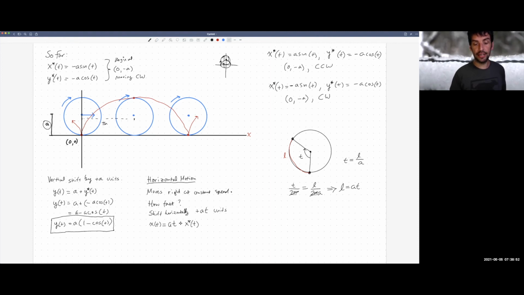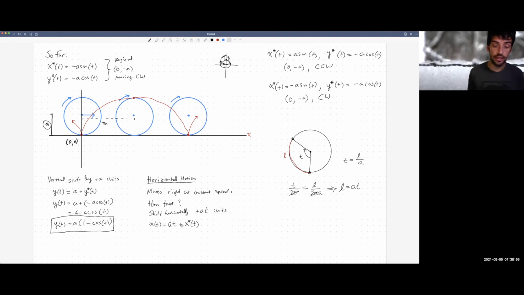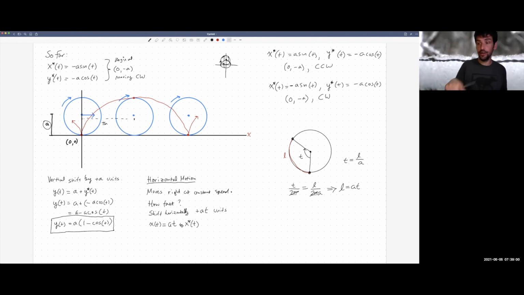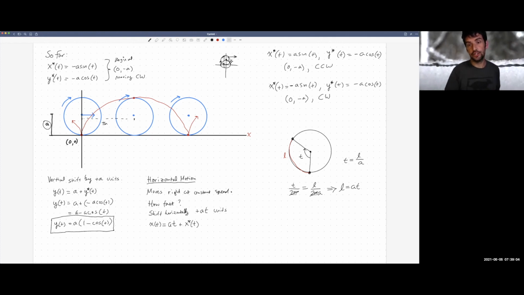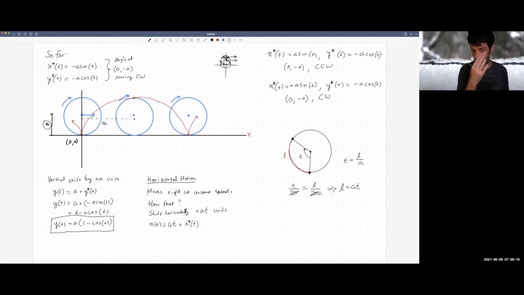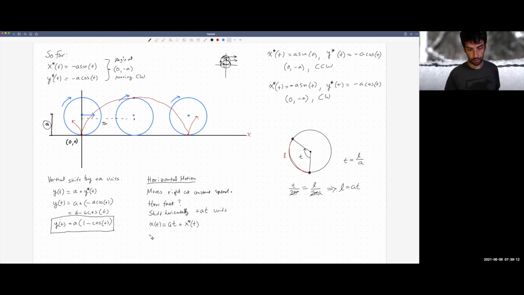And we want to add in this motion to the right. Okay, so we're just adding these 2 motions together. The x star is just rotating around, but then at each point, we're just adding a little shift, right? So it starts moving in this direction, and wherever we're at on that circle will be that much further to the right. And so if we write this out, it looks like x equals a t